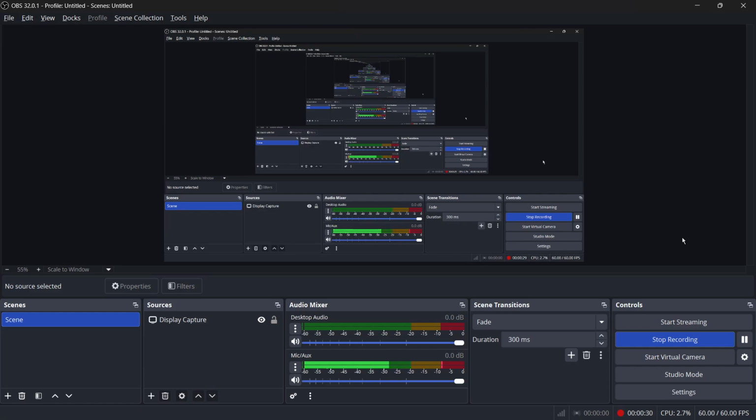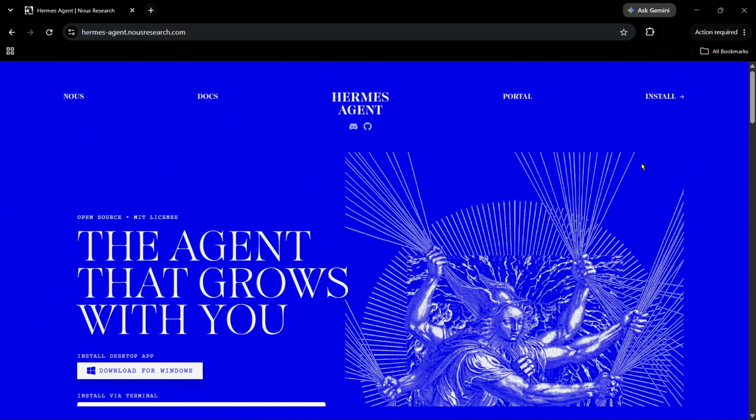Nous Research. So, unlike the traditional stateless AI chatbots, it runs 24/7 on your local machine or a cloud server. It is designed to retain multi session memory, automatically build reusable skills from past tasks, and continuously improve its performance over time. So, for the same, if you wish to know about it, you can head on to this website,